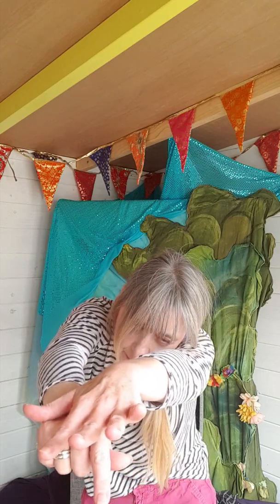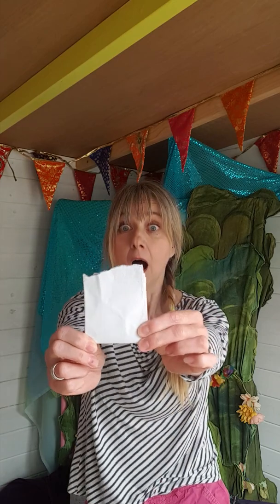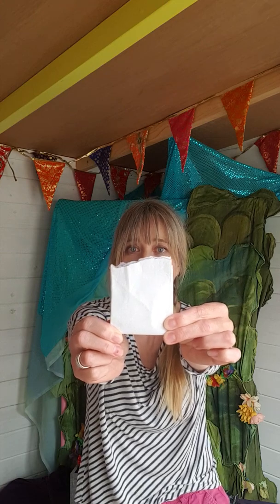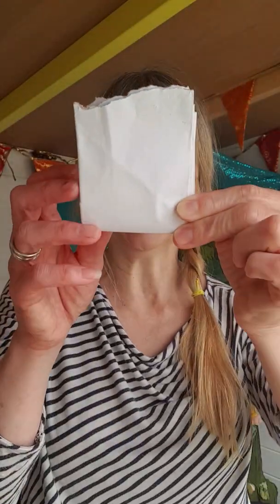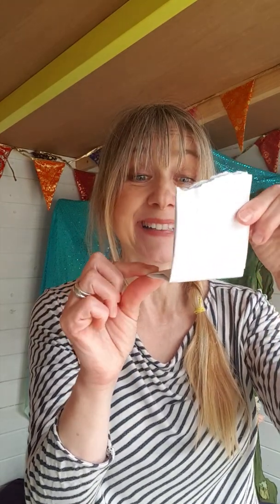Jim lifts up his head, and in the distance he sees the treasure box. It's only 10 paces away, so he starts to walk towards it. Are you ready to count to 10? Here we go. 1, 2, 3, 4, 5, 6, 7, 8, 9, 10. Jim reaches the treasure box and he opens it up, and